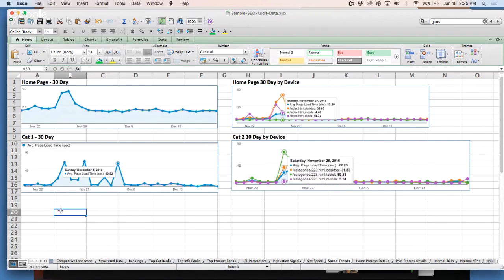But if I look at enough pages and enough days, I can see, well, look, this wasn't just a one-day problem for one page or all pages on just one day. This page shows several different days over the last 30 days where there were serious problems. 50 seconds for one page, that's insane.